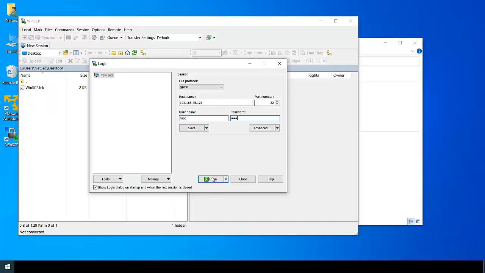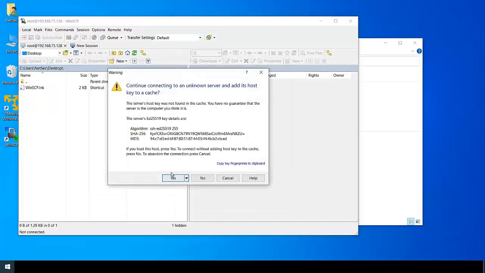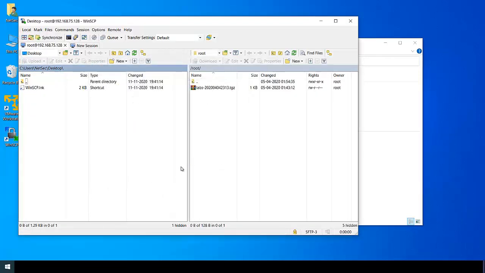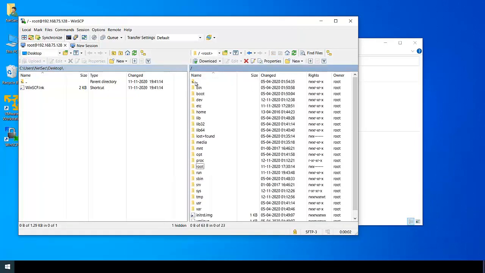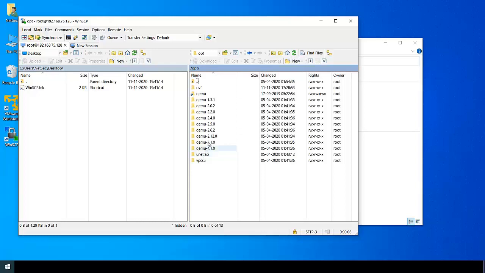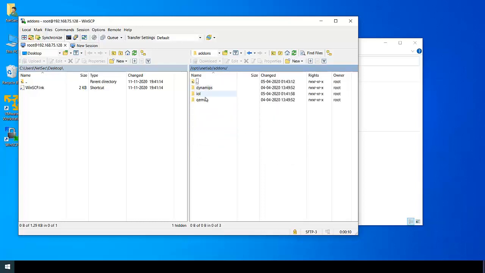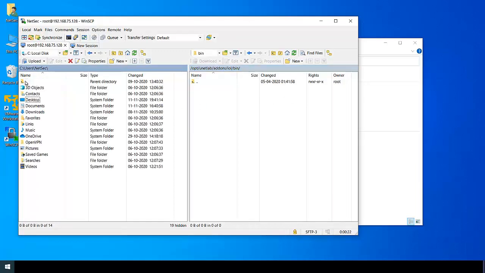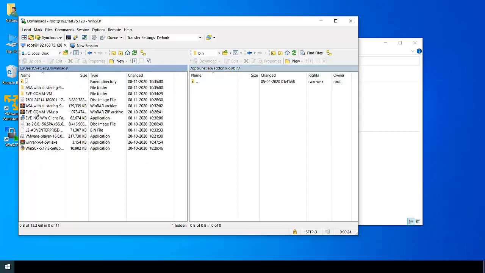We will now be installing our layer 2 device image. So just go to the opt folder, go to unetlab, addons, go to iol bin, and there you need to drop the L2 image.